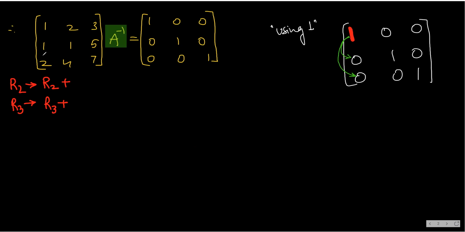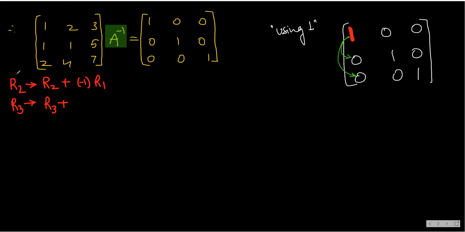Okay. So how will I get 0? See, R2 plus, then I will write minus 1 into R1. You understand what I did? I will multiply minus 1 in the elements of R1. So if I multiply minus 1, all of these will become negative. You see this? So the first element here will become negative 1. And when I add, this will become 0. That is the trick. Okay, that is the trick.